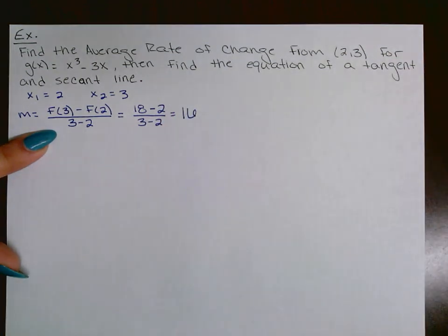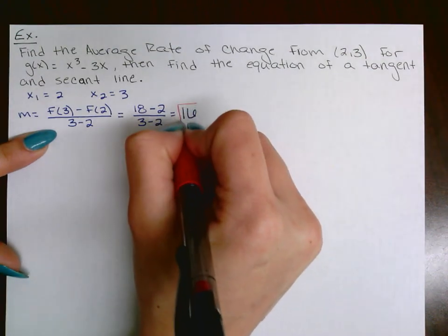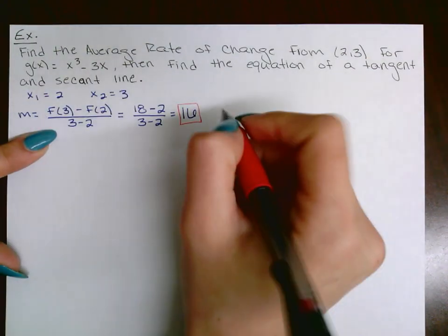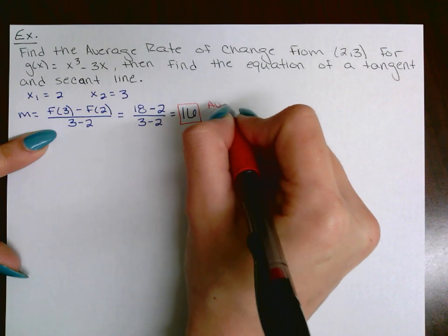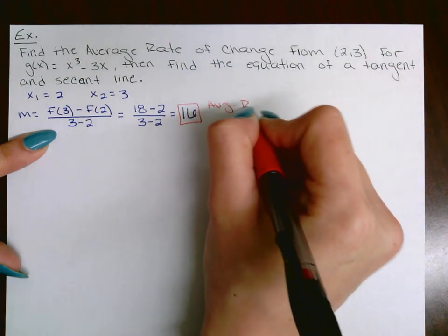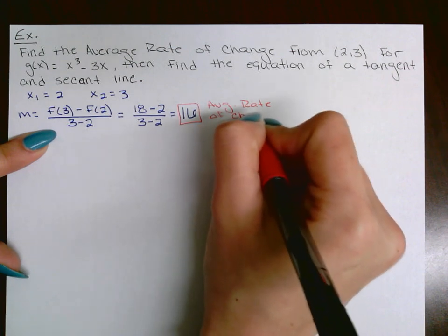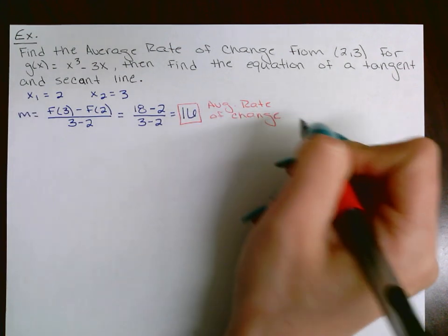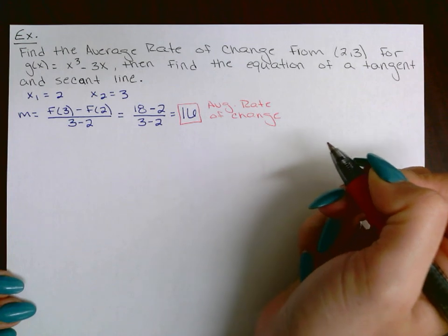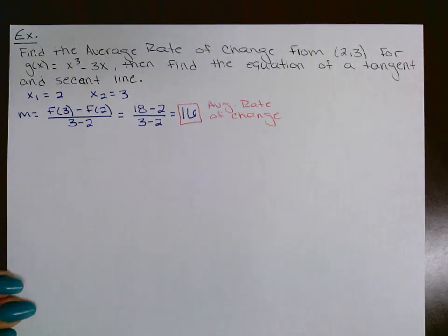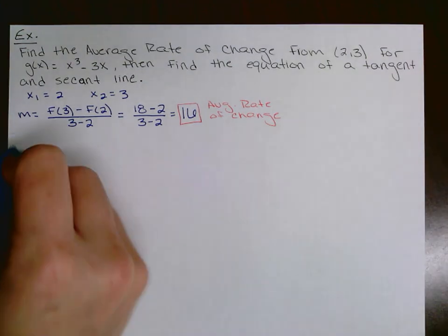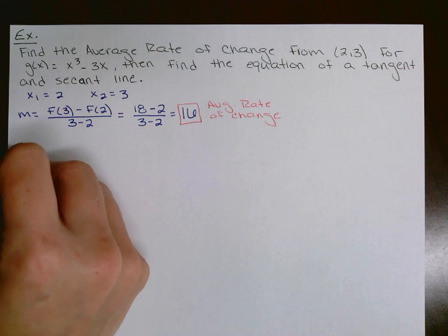So 16 is the answer to my first question, which is the average rate of change. Okay? Now, the next thing I'm going to do is write an equation for the tangent line. So, an equation for the tangent line